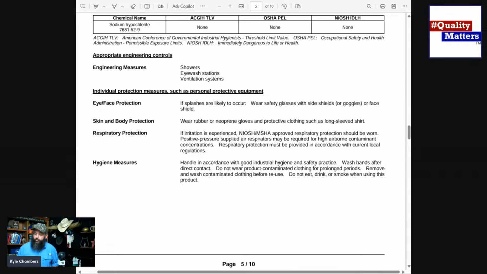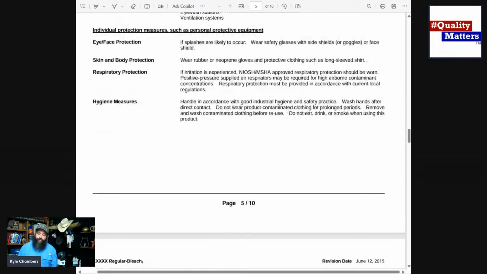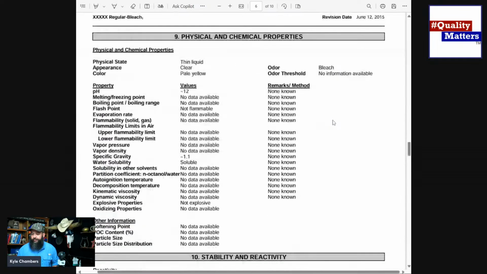So wear rubber or neoprene gloves and protective clothing, such as a long sleeve shirt. Fantastic. For your safety managers out there, when you're trying to do your JSAs, the information is almost always right here in the SDS that I know you never look at, but you probably ought to look at more often. We're going to talk about physical and chemical hazards.